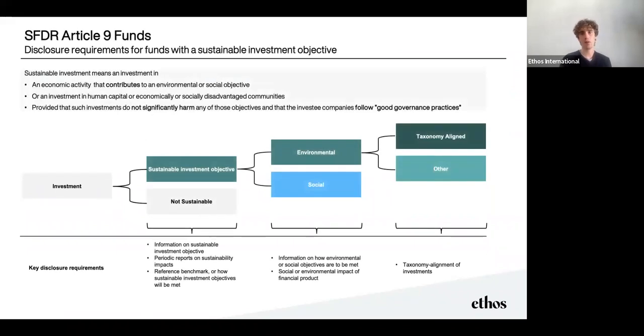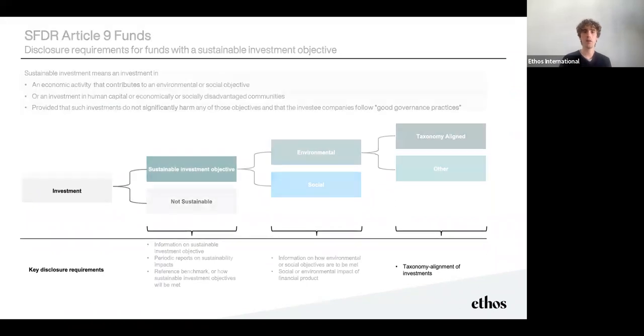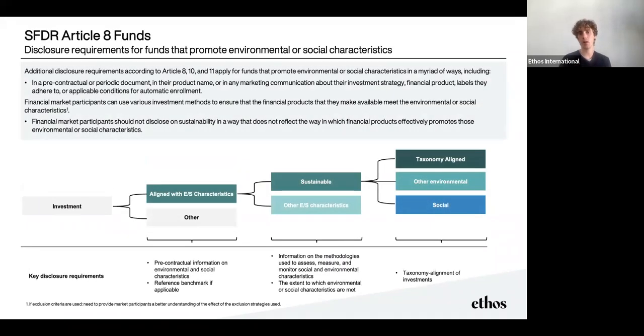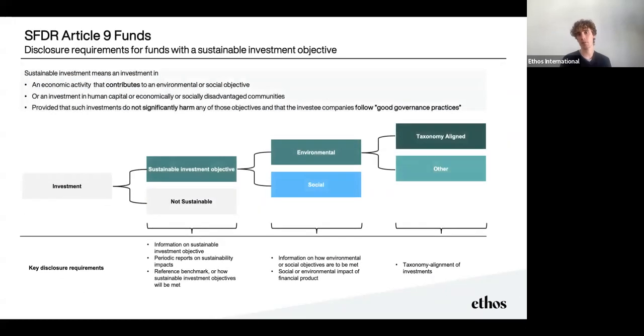Article 9 funds are funds that clearly have a sustainable investment objective. And here, if we go back, these must be in the top category, so sustainable, taxonomy aligned, other environmental or social only. They must have some sort of sustainable investment objective that is contributing to these goals that the EU has set out. You cannot just pick your own indicator here. You have to follow one that is within the framework that the EU has set, whether it is environmental, social, and if it is environmental, is it taxonomy aligned or is it contributing to some other